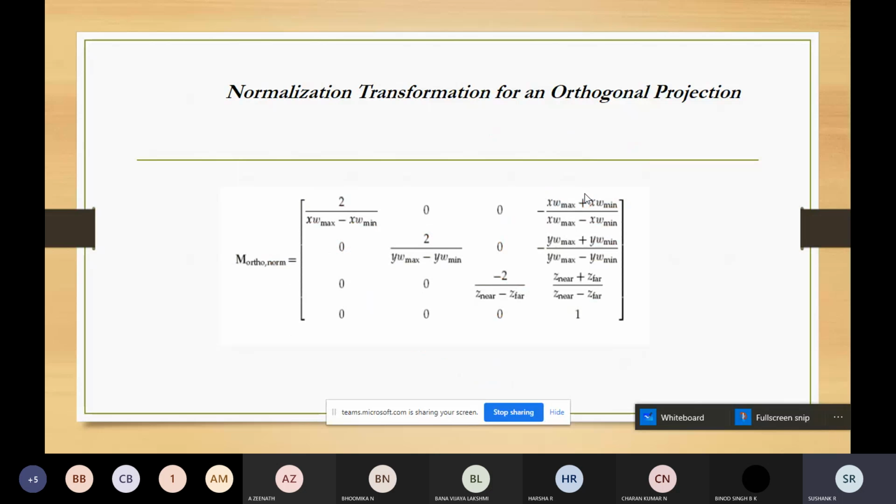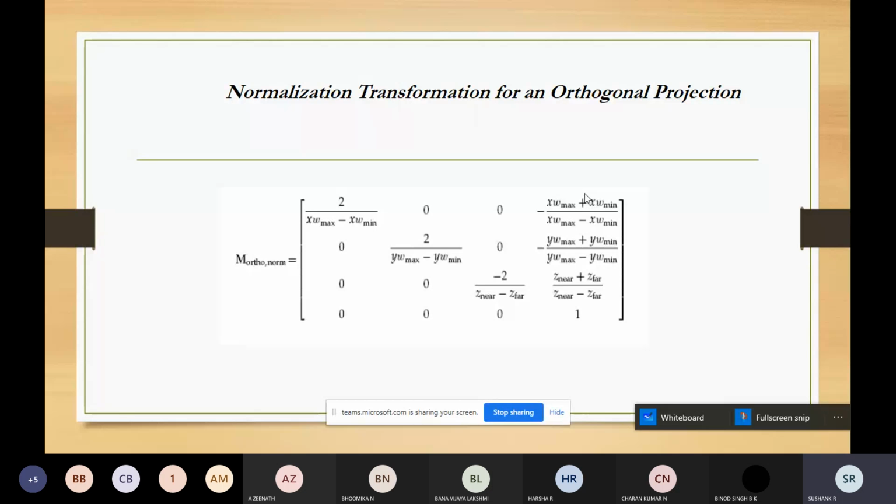You can see the transformation matrix. This is the normalization transformation for the orthogonal view volume, given by M ortho normal equal to this value: 2 divided by x w maximum minus x w minimum, which is the difference between the maximum and minimum window along the x parameter.